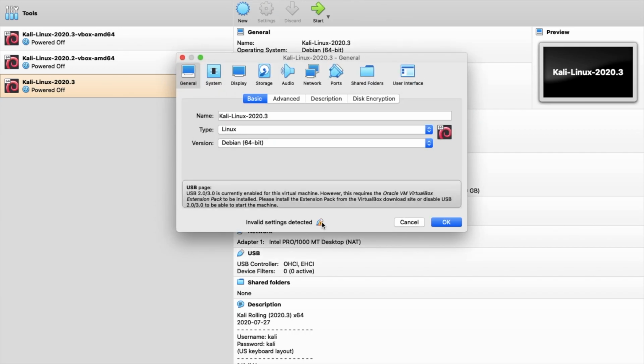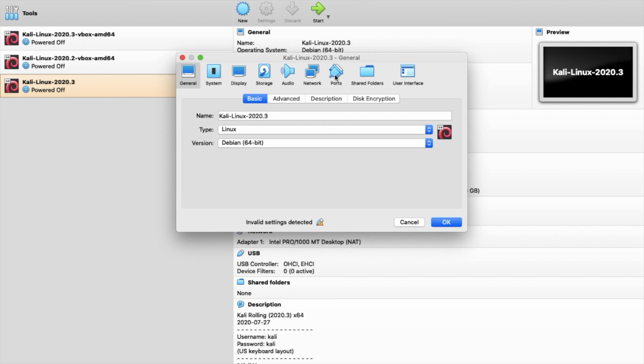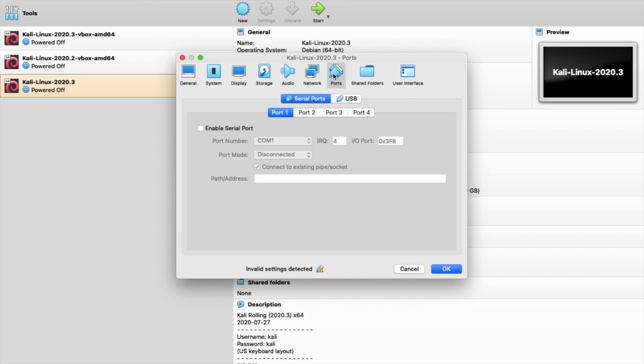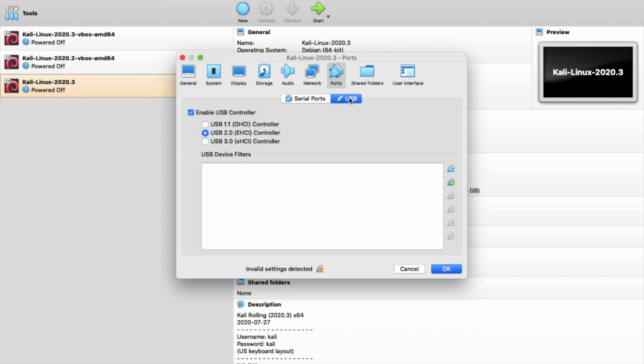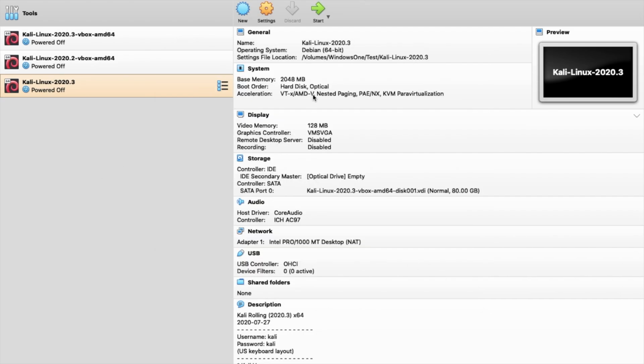Here is the problem. It shows that I'm using USB 2.0 but it is not enabled. So I have to change the setting in ports. Go to USB and select 1.1. Alright, so ready to go.